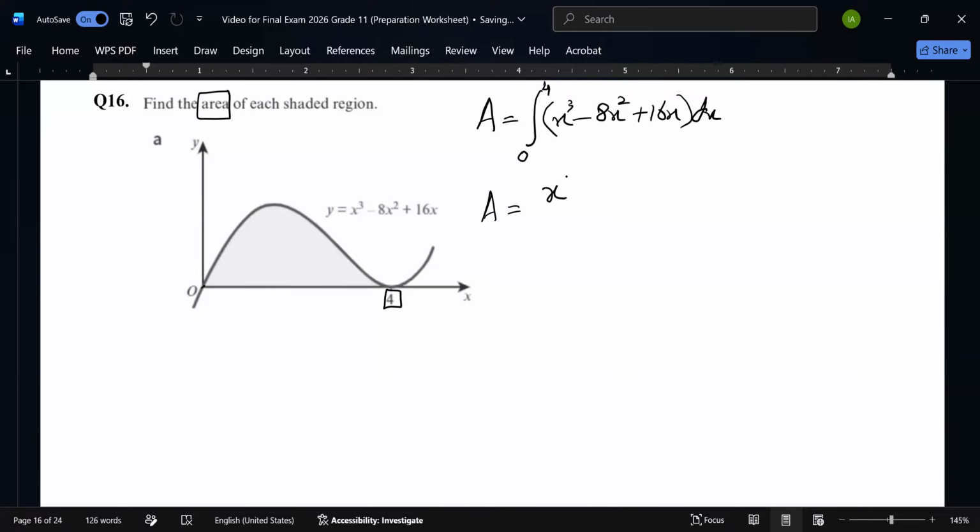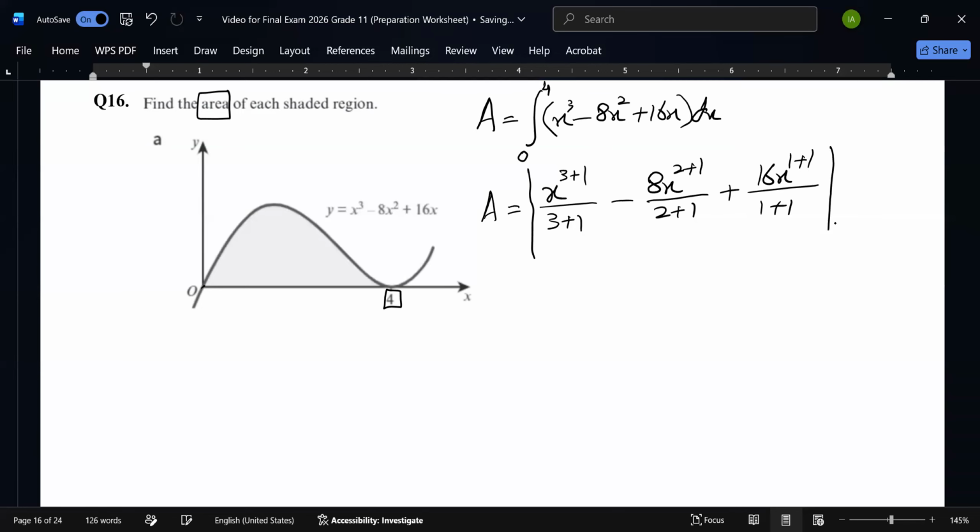It's going to be 3 plus 1 divided by 3 plus 1 minus 8. 2 plus 1 divided by 2 plus 1 plus 16 x power 1 plus 1 divided by 1 plus 1, and I'll repeat, no constant c because the limits are given. Okay, let's simplify. It's going to be